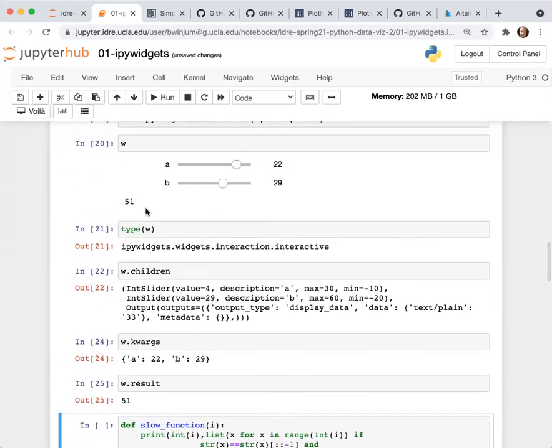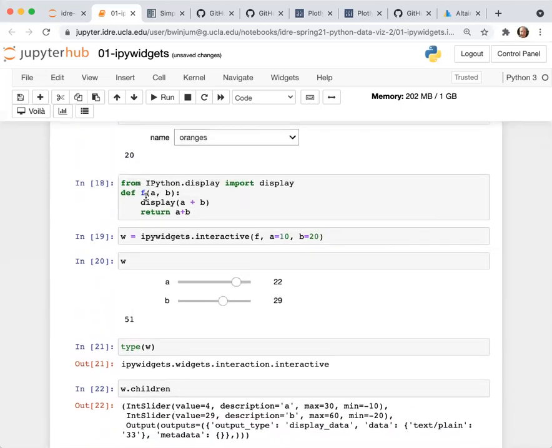Result is what's returned by the function when I call the function that's passed into w, which here is this one, which returns the sum.